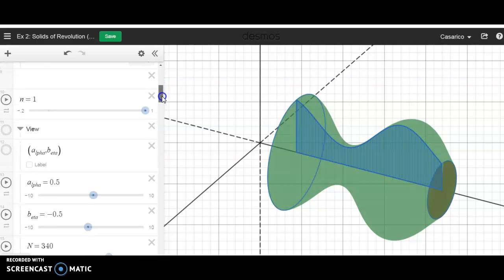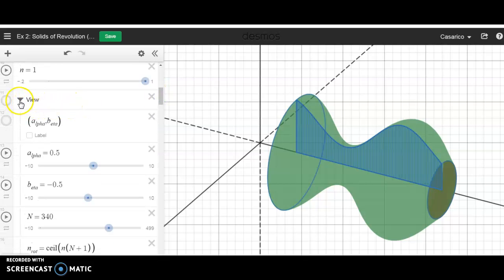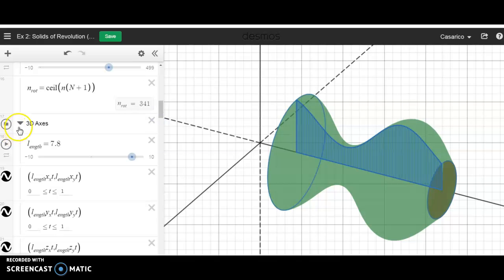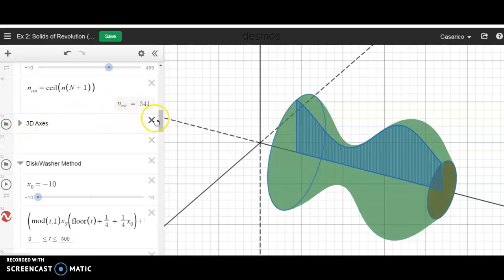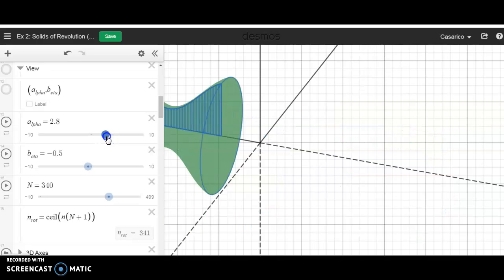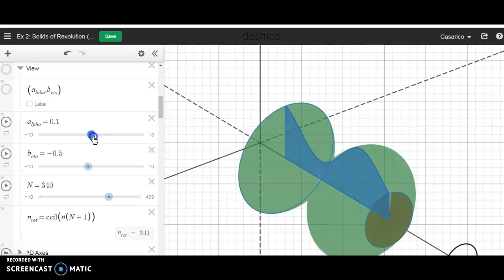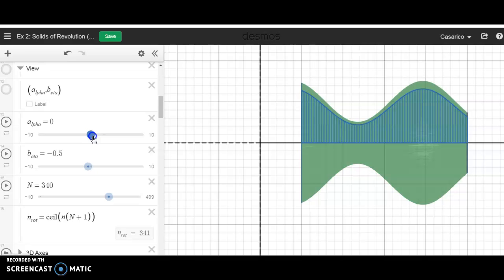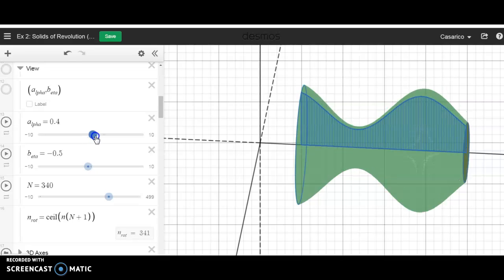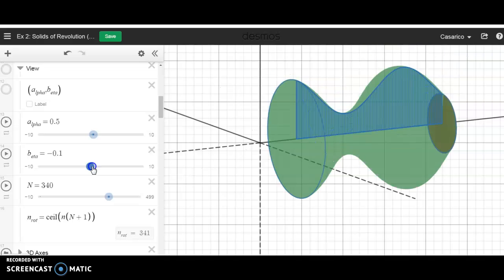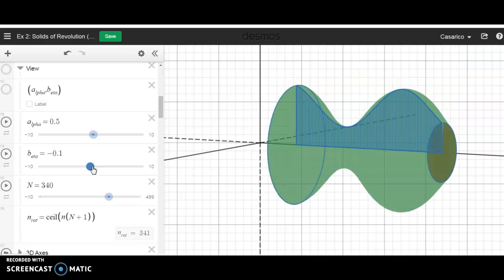You can also, if you come down to view, it will show you your 3D axes. Oh, I can't remember which one. No, it's not the 3D axes. You can come here to the alpha and beta, and you can actually move your axes around a little bit. So if I do this, you can turn your object, maybe to find the best display that you like. If you put it at 0, it will leave it completely not three-dimensional at all. But you can start to turn it a little bit, and the B will swing the axes around a little bit. So all you have to do is, I will send you this link in the folder as well,